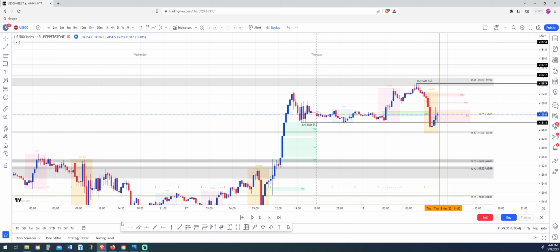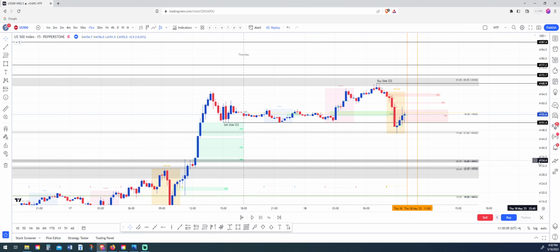So I've already marked up some levels to make this a little bit quicker. You can see we've got the daily low, Asia low, and New York has put equal lows in today. And we also had lows from the overnight session as well that have just been swept, and we've now closed back inside this range. We have the daily high, which was set in between the New York and London session. Because we're closing back inside the range, it makes this area a good target in my opinion.